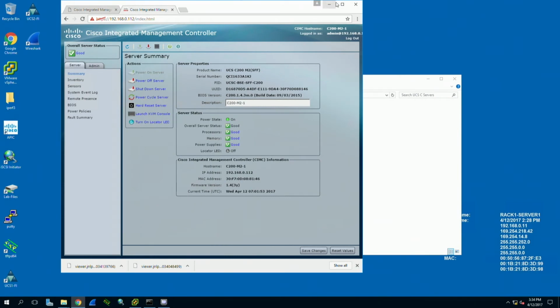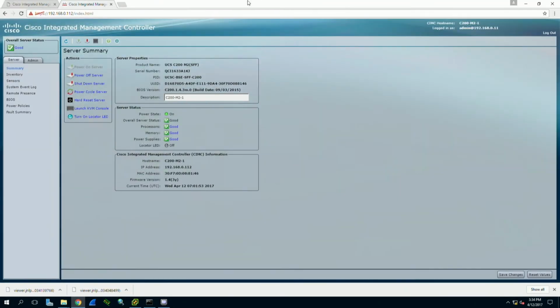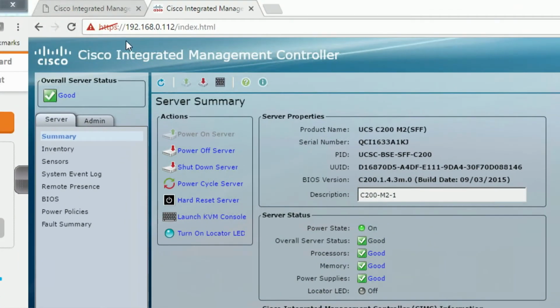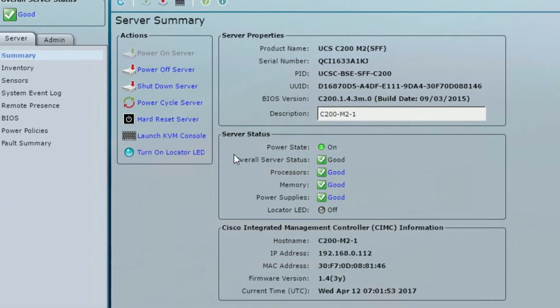Okay, so from here in the CIMC screen, the main page that you land on is going to give you just some general info about the box, like what is the IP address for management. Okay, so in this case, we have a web browsing session going to 192.168.0.112. You can control the server physically here, so you can power it off, you can reboot it, you can